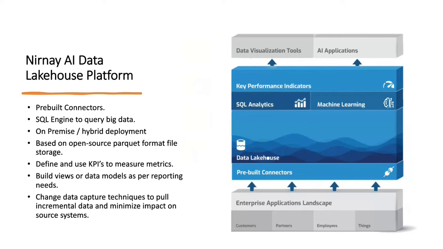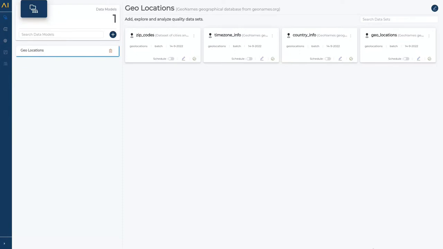If there is a new transaction coming up in the transactional database, that can be picked and processed right away and be available in the data lakehouse to be queried and executed. So this is the main landing screen where we can define our data sets and collect the data from multiple